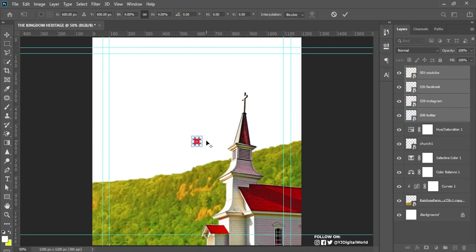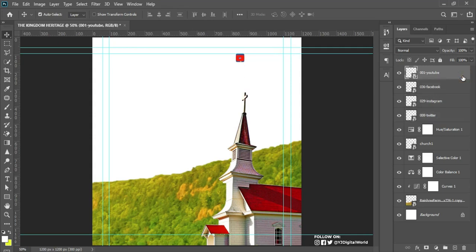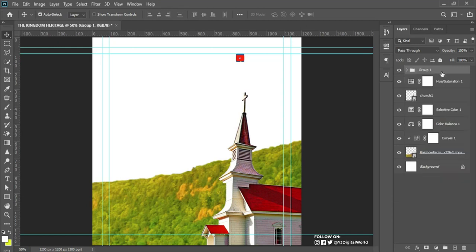I think this is good enough, so I'll just drag them around somewhere here, for example. So I'll group them together, Ctrl G. After selecting, click the first layer, click the last layer, holding Shift, then Ctrl G to group